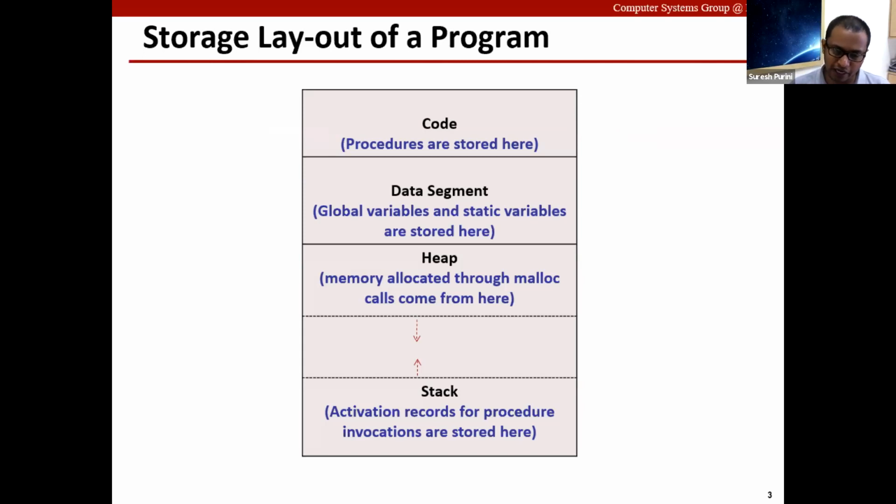And there is a heap segment where dynamic memory allocation happens. When you use malloc and free library calls to allocate and deallocate memory dynamically, that memory comes from this heap. And then there is a stack which grows and shrinks as the program executes.